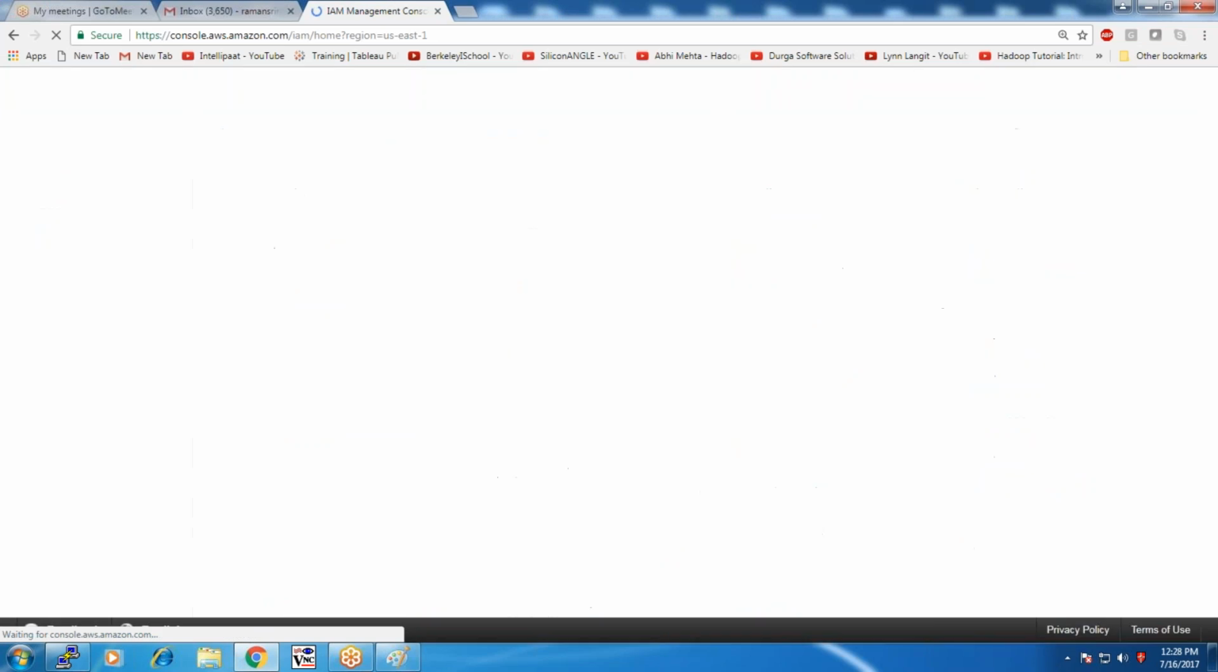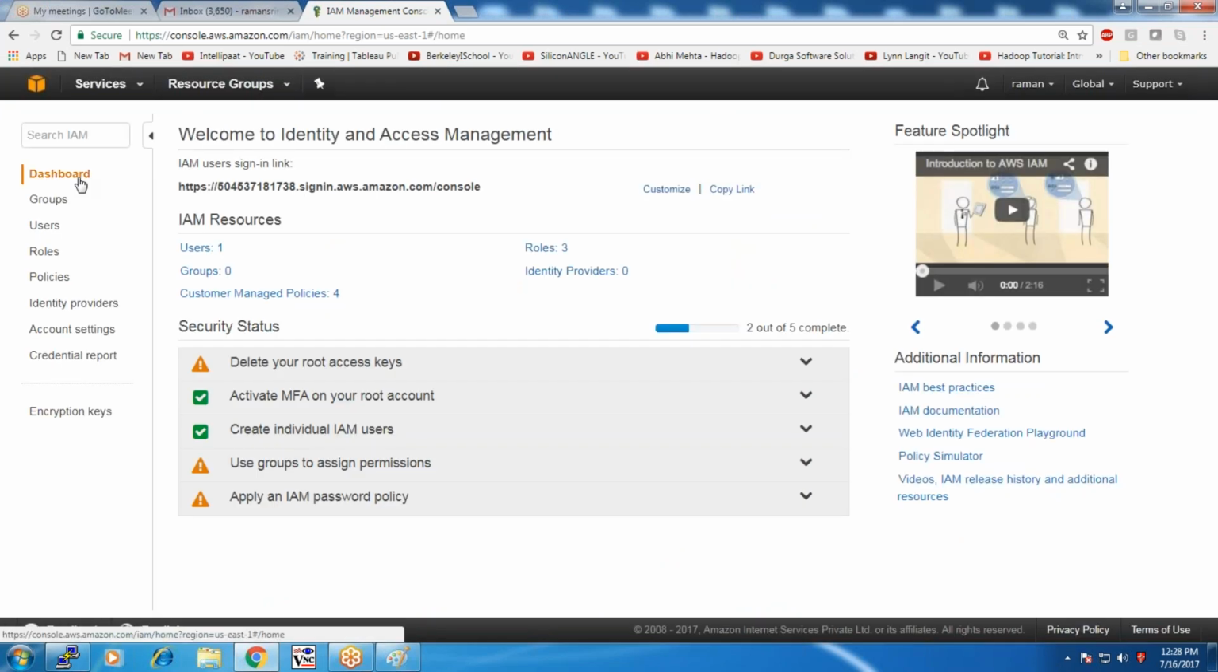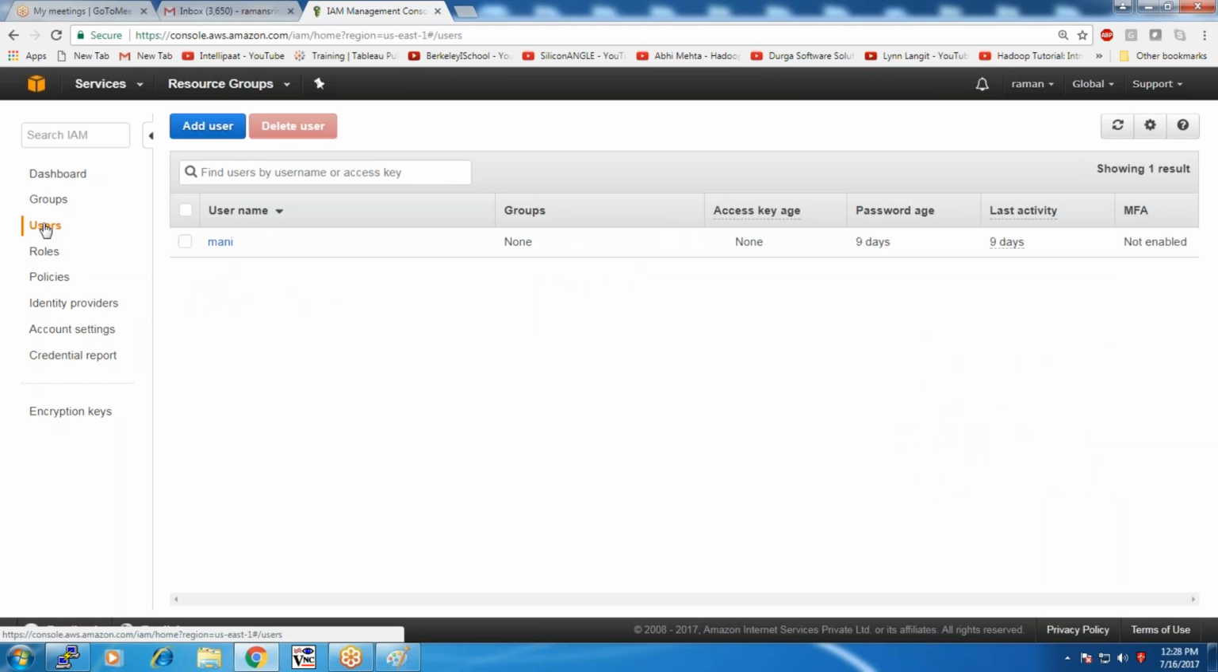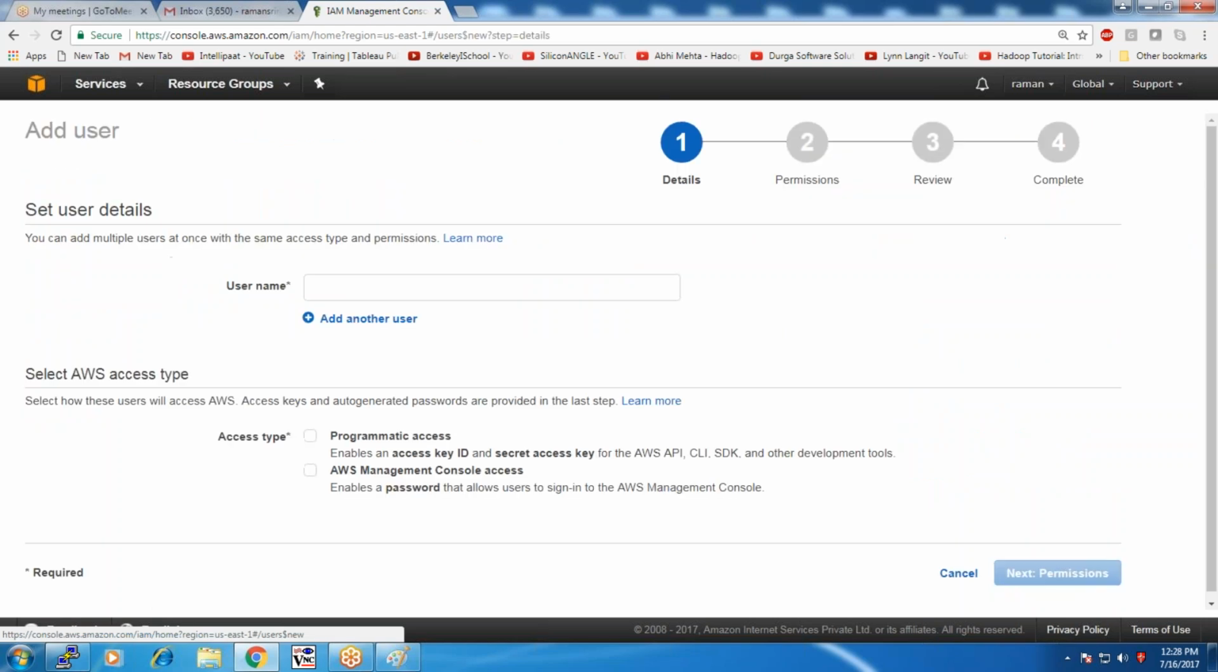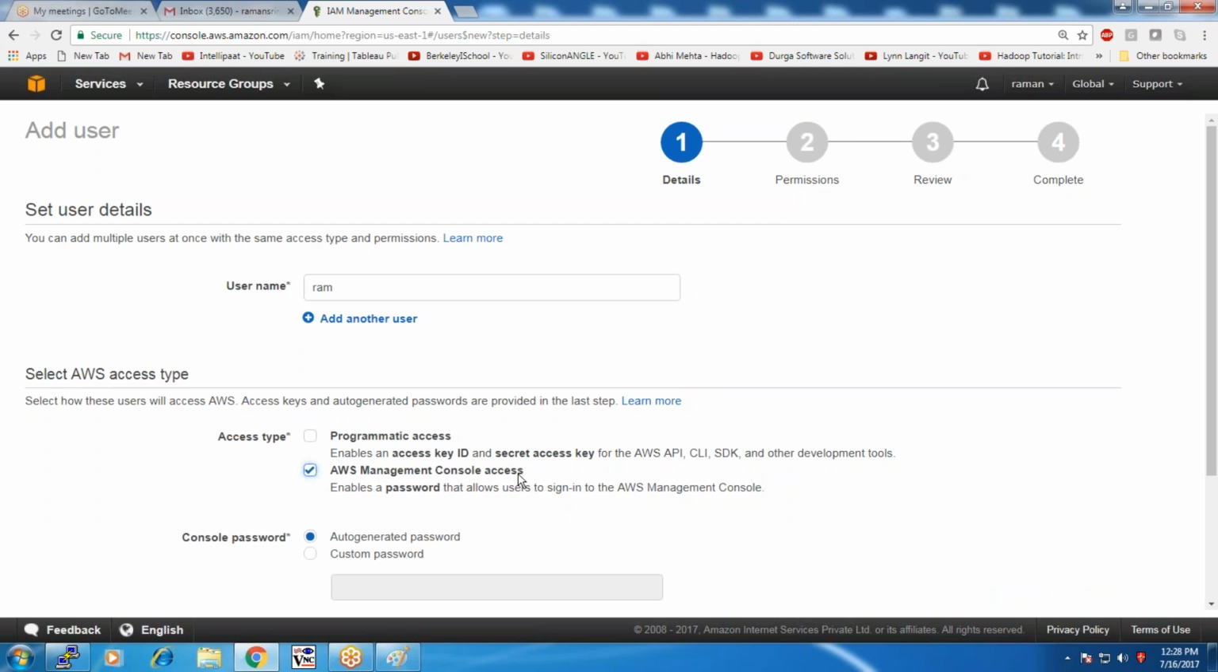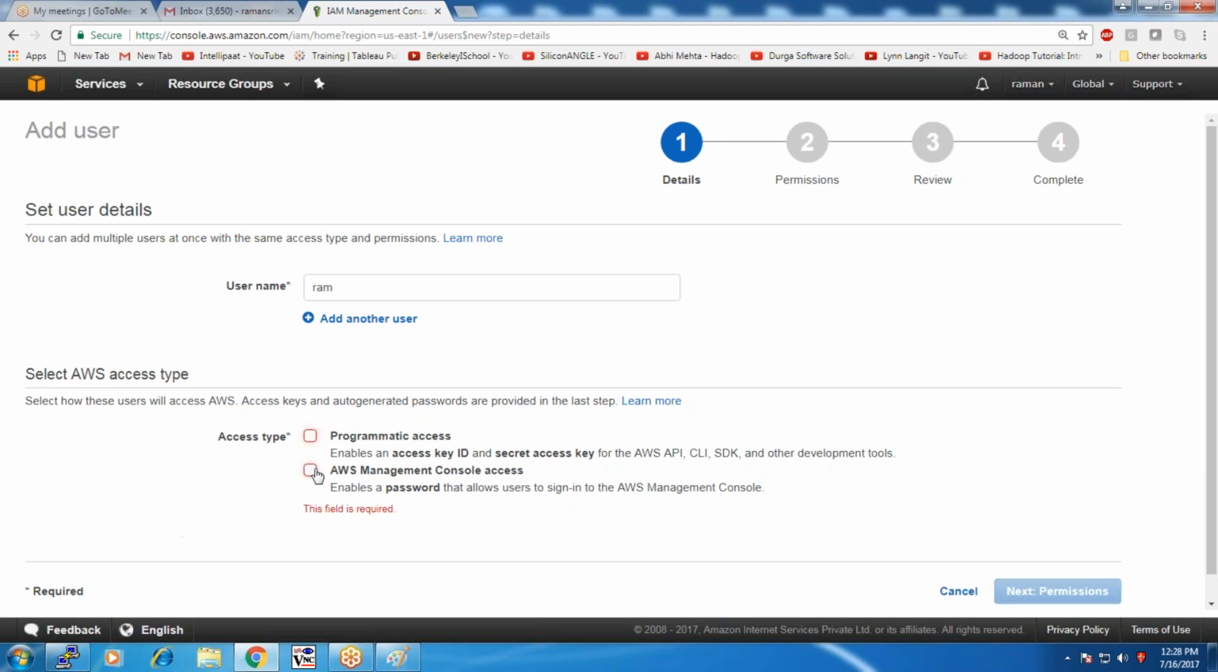Let me create a user in IAM. Click on IAM. Now you can find the following credentials. Here let me create a user. Click on user. Click add user. Let me add a user by name Ram. Here the user Ram can be given access to the AWS Management Console,